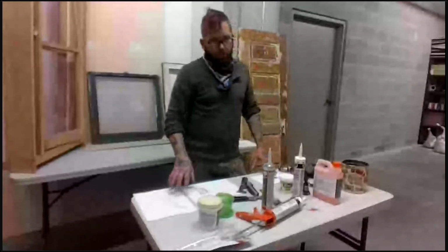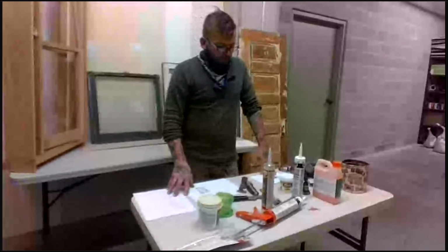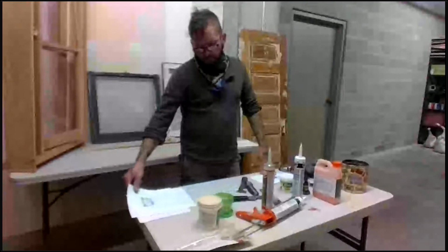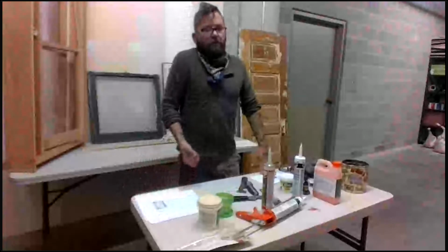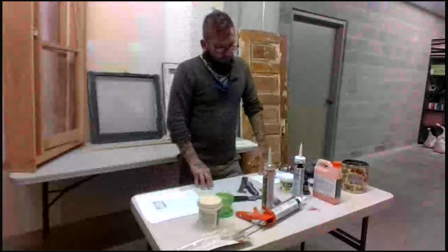One other thing about doors too that probably affects everybody at some time is when opening and closing them, if they stick. There's a couple things you can do to make them not stick. A couple things you can check to make them function more properly and close without having to lift it up and close it, like I've done many, many times in my house. So first thing you want to do is